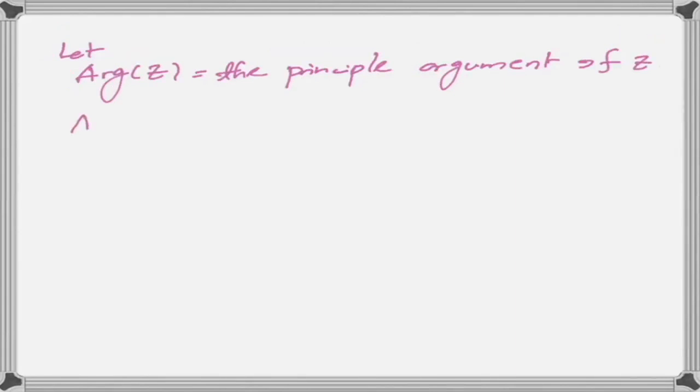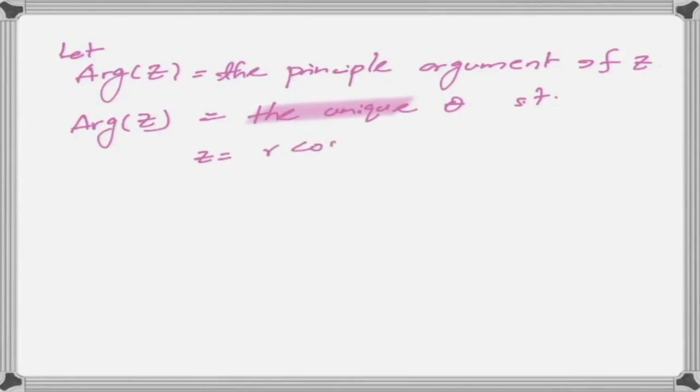This is nothing but the unique theta. So remember, it is unique theta such that z is of the form r (cos theta + i sin theta) and theta is between 0